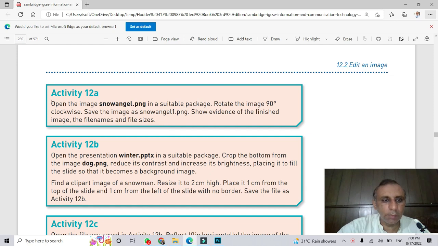In this activity we have to open an image, snowgel, using any suitable software package. You can use Photoshop or GIMP. Rotate the image 90 degrees clockwise and save this image as snowgel1. We just have to rotate the image 90 degrees and show evidence of the file